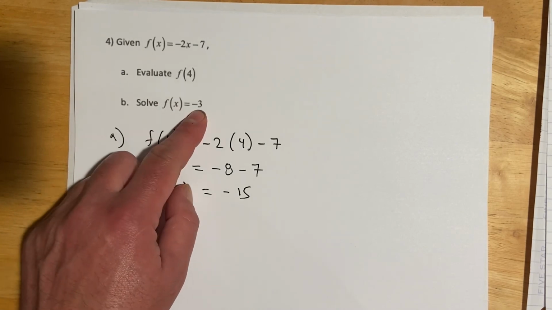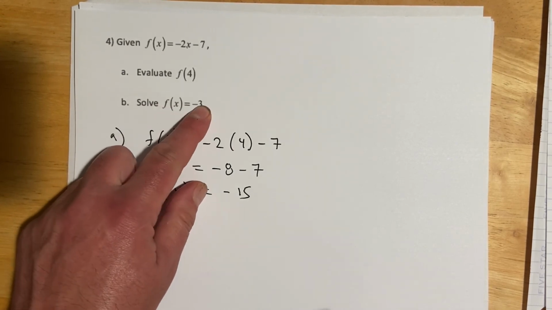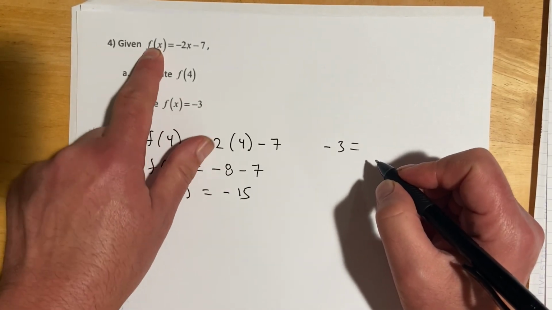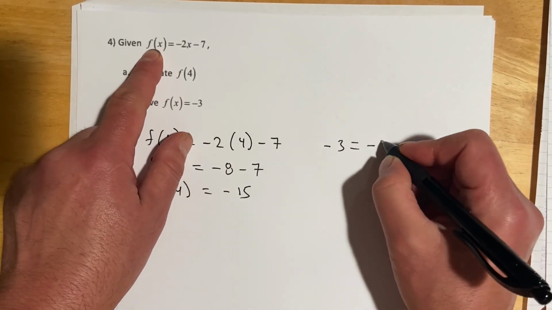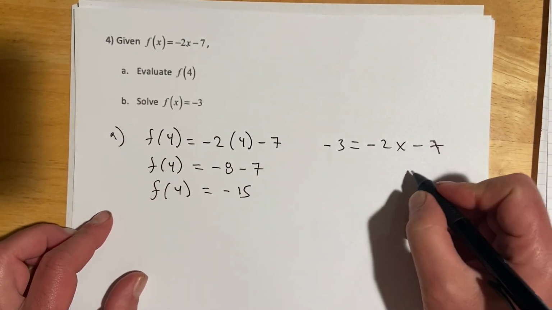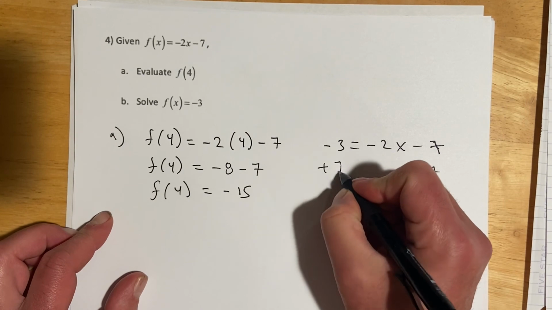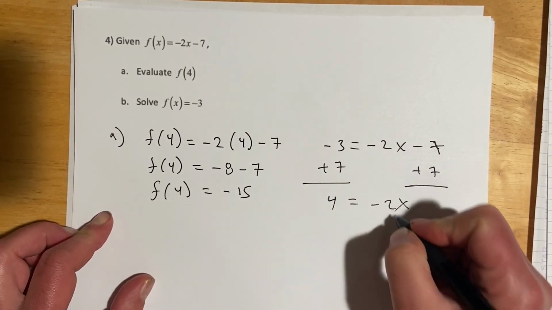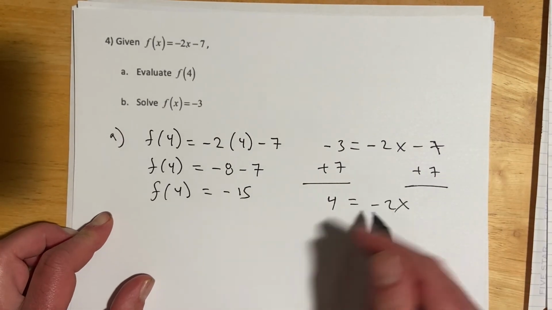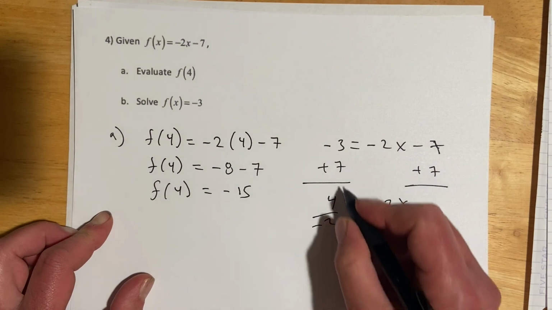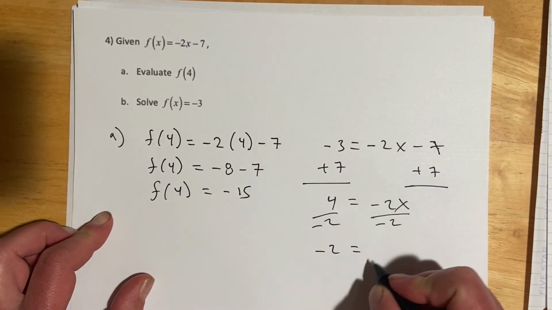And then B is solve f of x equals negative 3. So if f of x equals negative 3, that's like putting a negative 3 on this side, so that equals negative 2x minus 7. And so we'll add the 7 on both sides. And that is 4 equals negative 2x. And then divide over the negative 2. And that would be negative 2 equals